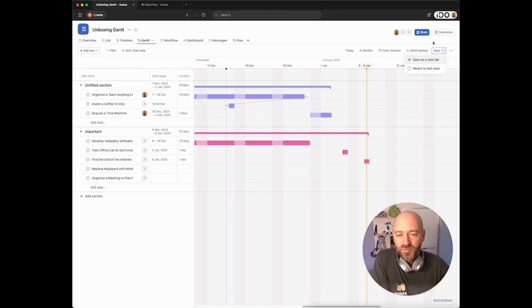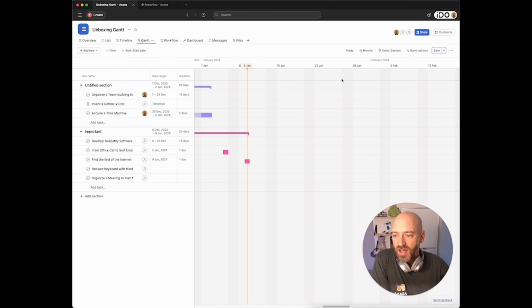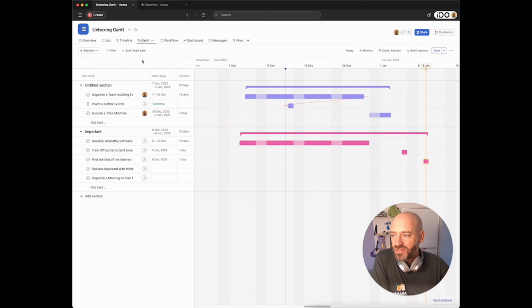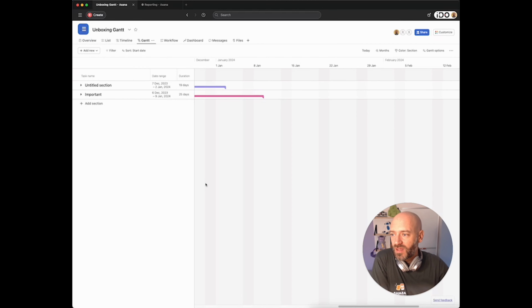Okay, in terms of save button, that's the regular one. You can zoom in, you can zoom out. That looks pretty good. Yeah, I don't see many differences with the timeline view. You still have the swim lane. I guess visually it looks a bit different. You have the section duration, but this is something that they could have implemented in the timeline view. So maybe what I'm going to do is I'm going to go to the Asana blog if I can and see what they have to say about this.